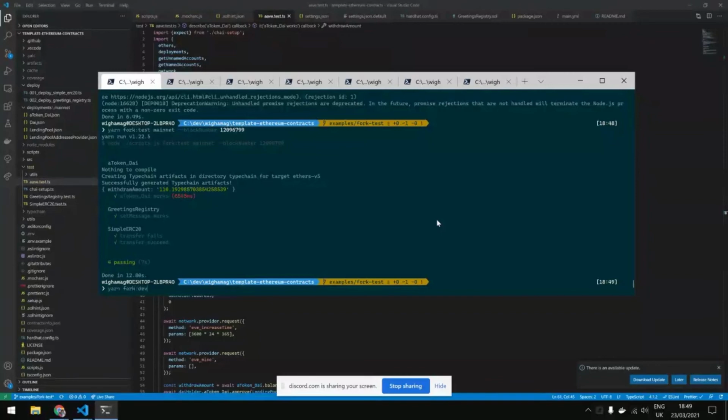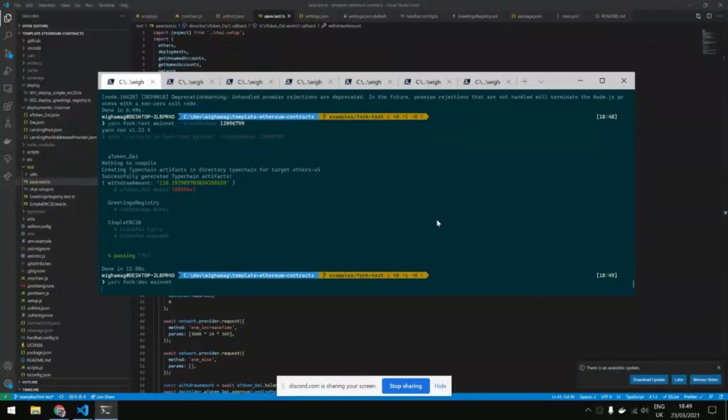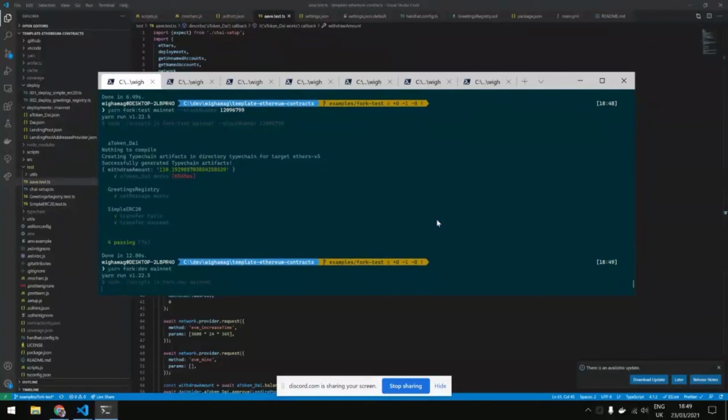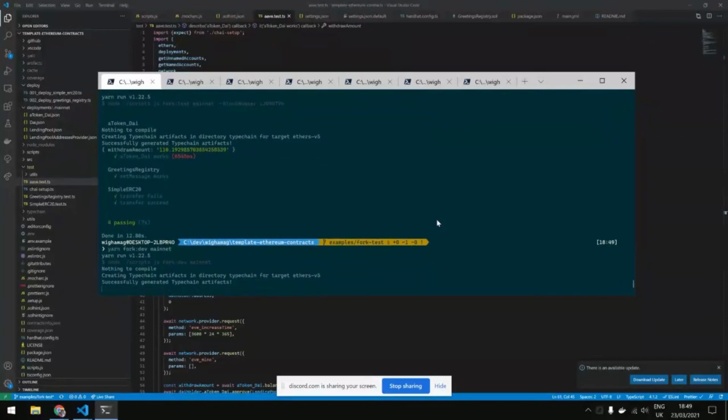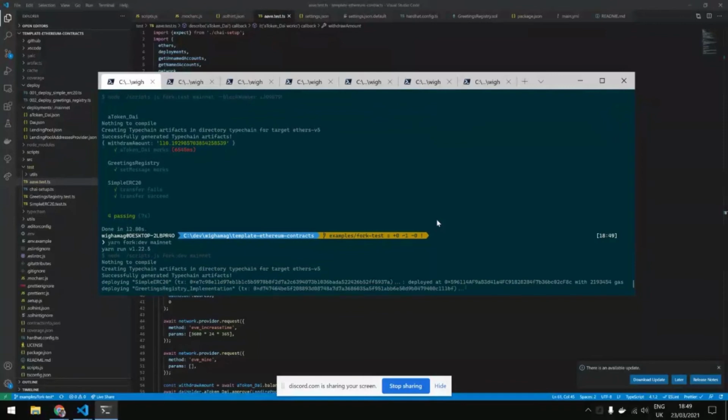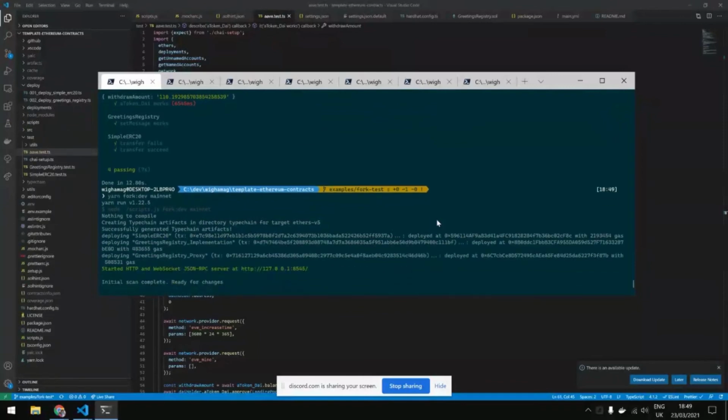Fork dev is where you also specify the network, and what it does is create a localhost node forking mainnet, with all the contracts deployed, all the contracts that you will add. So you could also test your contract as if it was on mainnet, connected to the real network, and you can go on MetaMask and interact with your front end, etc., as if it was on mainnet.